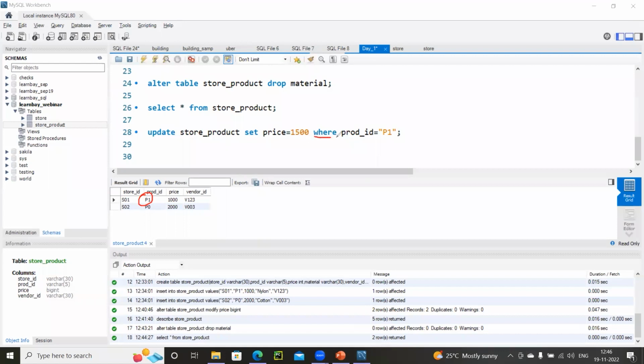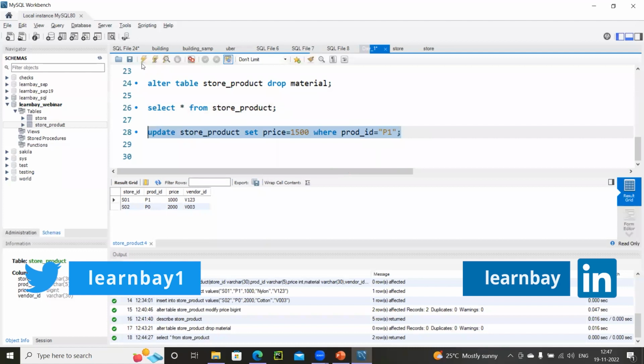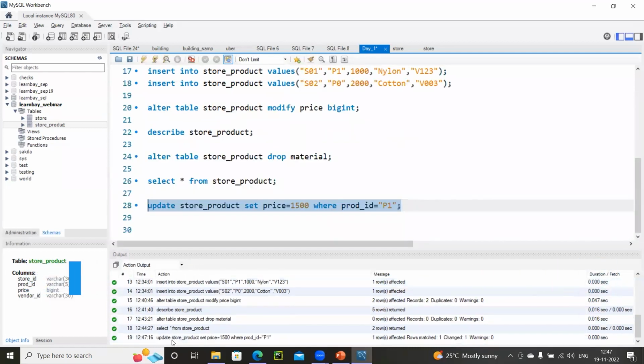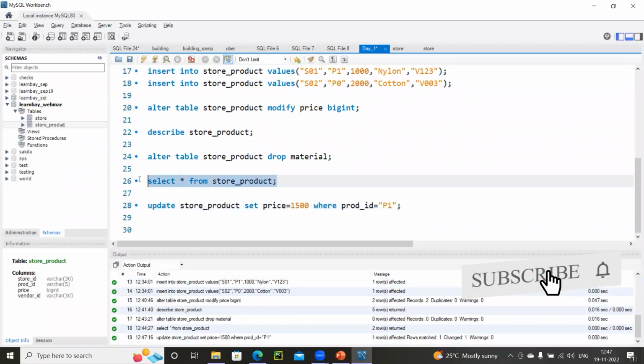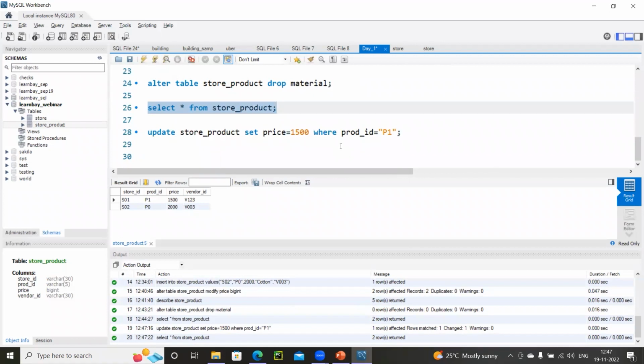Then you have to invoke a new command called where. This is called the where clause, which can be appended along with an update command or a select command or a delete command also. When you want to enforce a constraint and only records satisfying that constraint should reflect the change, then you can write this command. So let me run this. Okay, and you could see the statement is a success. I'm quickly trying to view the records to see whether the record has been modified. The record is certainly modified.